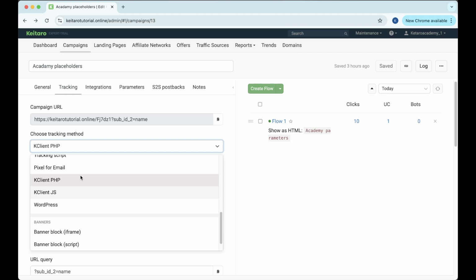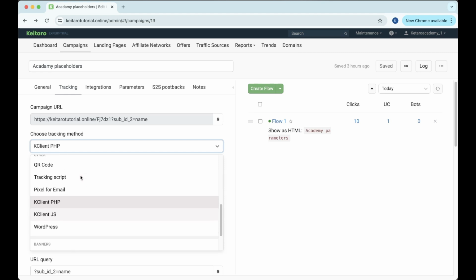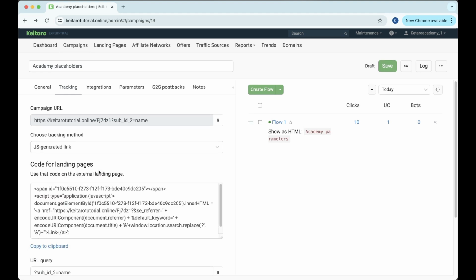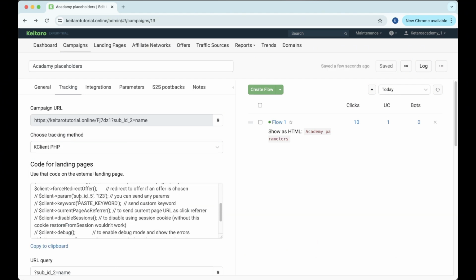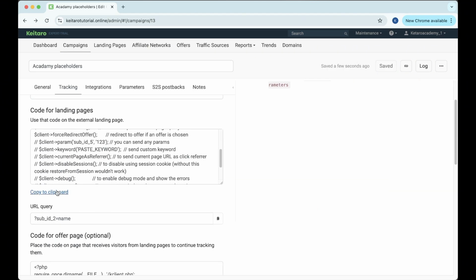Once set up, the tracker automatically pulls tags through these scripts, provided you've properly included them in the URL and configured everything correctly. Everything I've discussed in this video so far also applies to cases where you stream traffic to your site first and then send it to the tracker. Assume we have connected KClient PHP. So we're choosing KClient PHP as our tracking method. Now all we have to do is just copy our script